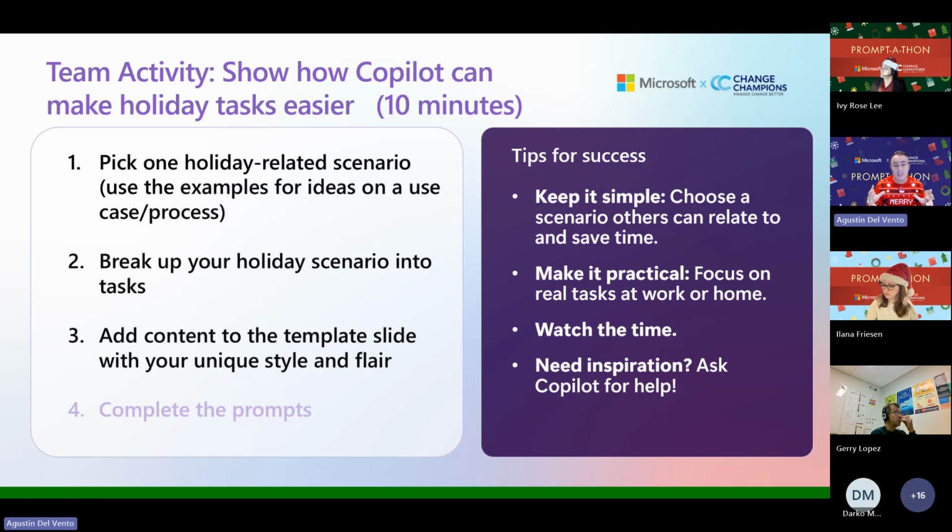Now, you can work as a team to develop this scenario. You can also create your own scenario later on and just work on it. We leave it up to you, but I think if we have a generic scenario for this, even better.